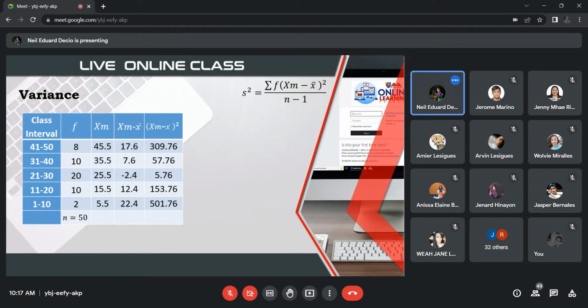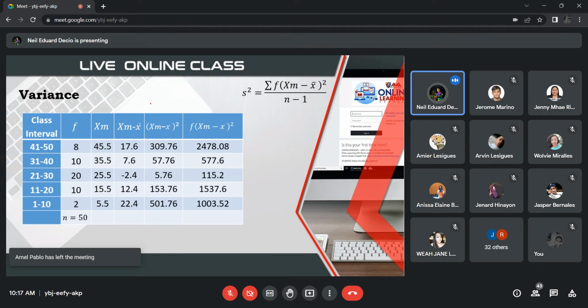And then after that, tapos na tayo dito. If you can see here sa upper right, tapos na si xm minus x bar squared. We can now multiply that to f. So we have to multiply f here, and then yung product natin, we would put in another column. So gagawa tayo ulit ng column which is f times xm minus x bar squared, which is 309.76 times 8. So again, we're multiplying this column to this column. So 8 times 309.76 is